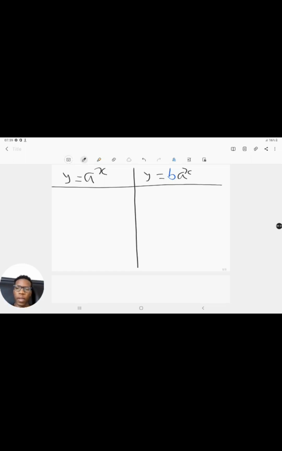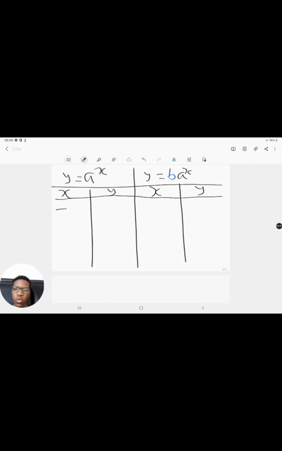Okay, so I've got that, and I've got that, and I've got x here, and y here, and x here, and y here. I'm not going to use a lot of numbers to demonstrate this. I'm just going to use maybe 3 or 4. Okay, so what would happen for this equation here on the left,